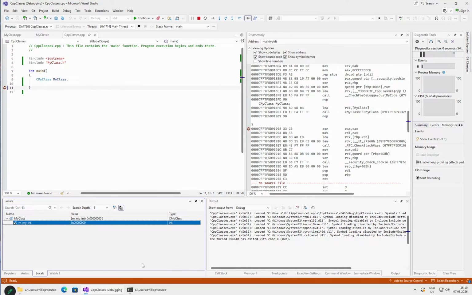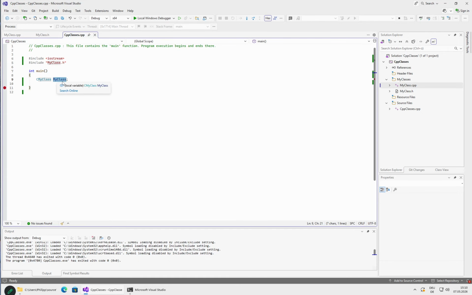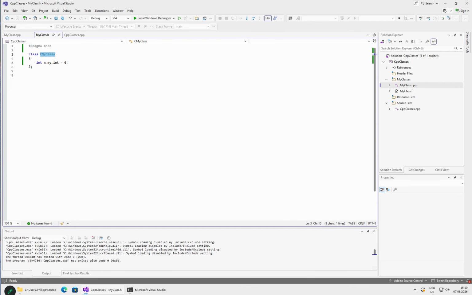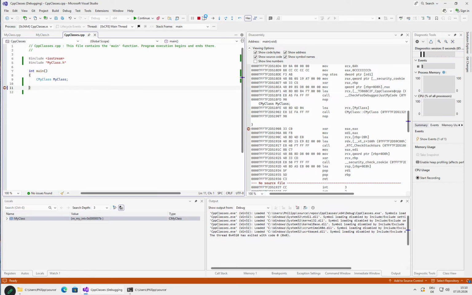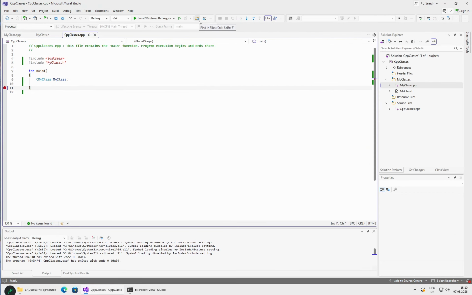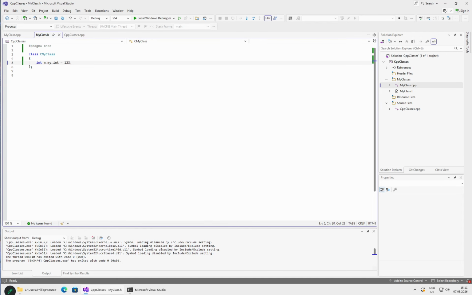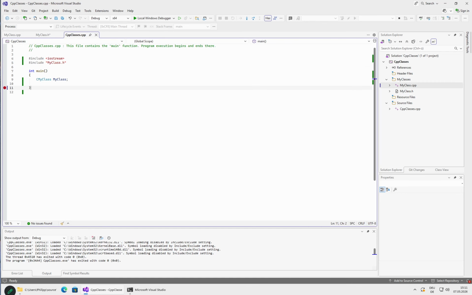Of course, 0 is a bit boring, so we could also initialize it to, let's say, 1, 2, 3. So as we see, this already shows us a certain level of automation. With just C, you would need to create your struct, and you would need to call memset, or if you want something other than 0, you need to have some function, and then you would need to explicitly call that, for example, my struct init function or something like that. So here we already see that we are saving on code lines, which is very useful. Let's set this back to 0, and